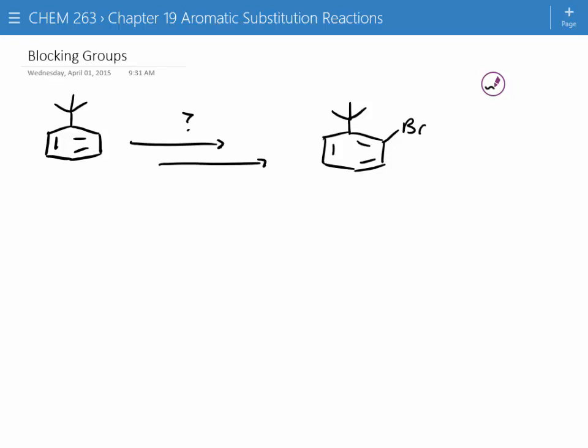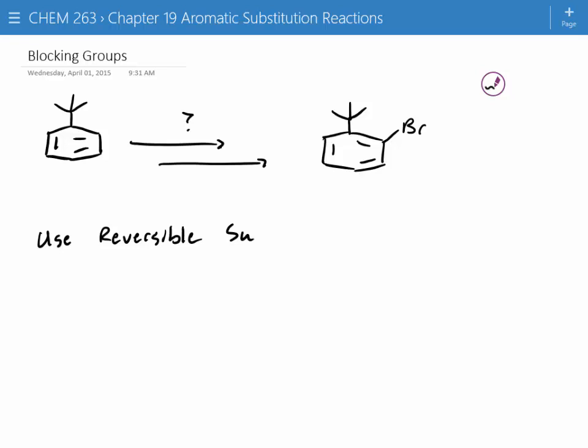All right, so in this example, we have to use some trickery. So if we look at our last example, we said that bromine, if we just did electrophilic aromatic substitution, would install into para position, but we need to get the ortho bromination. So one really useful tool we have is to use reversible